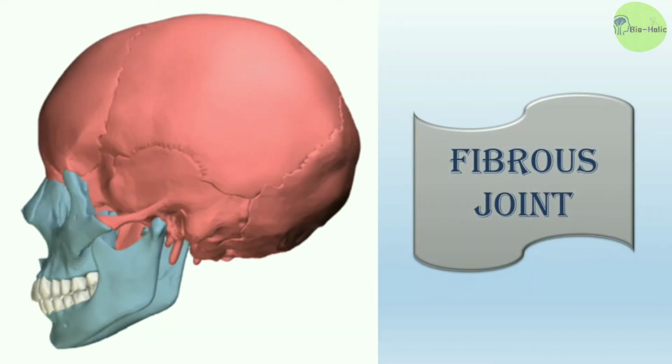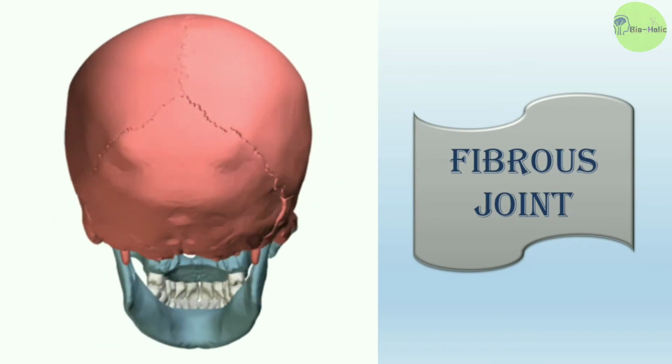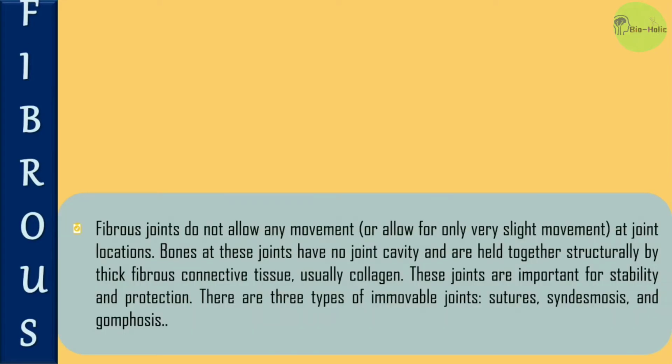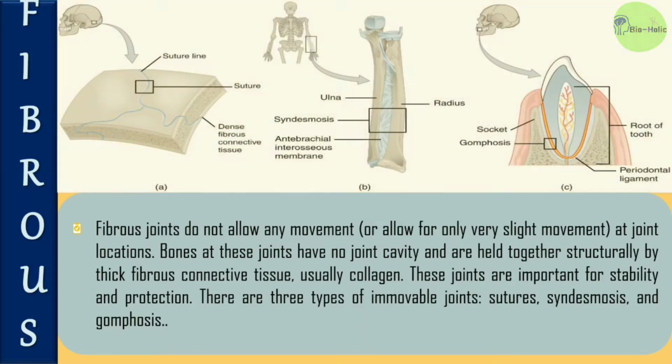First one is the fibrous joints. The fibrous joints do not allow any movement. That means these joints are immovable. Bones at these joints have no joint cavity and are held together structurally by thick fibrous connective tissue. That's why this is called as fibrous joints. And this connective tissue is usually collagen. These joints are important for stability and protection, and there are three types of immovable joints: the sutures, syndesmosis, and